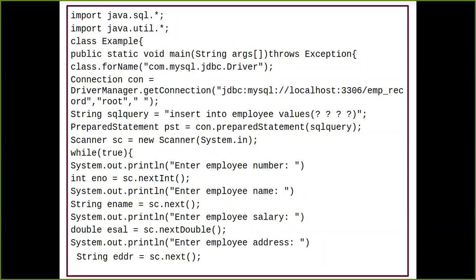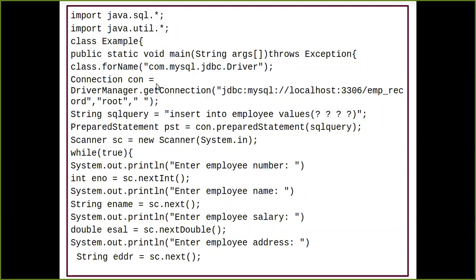Now, what is the syntax of using the Connection class? Say, for example, I am going to have the Connection class here and create an object for that. Assuming that my JDBC driver has already been registered into my DriverManager, I just need to call it from there. So what I am doing is saying DriverManager dot, let's use the getConnection method to connect to that particular JDBC driver using some URL format of the database.